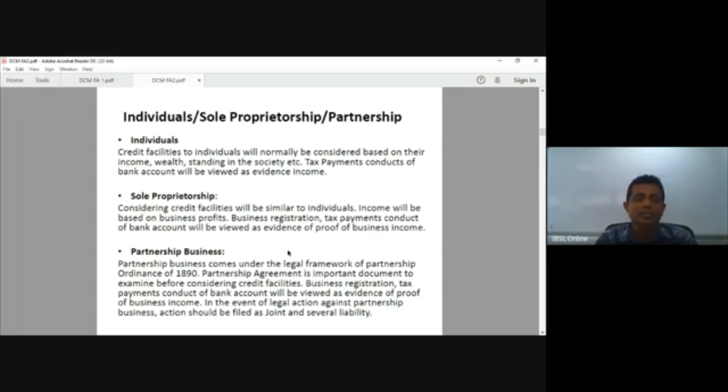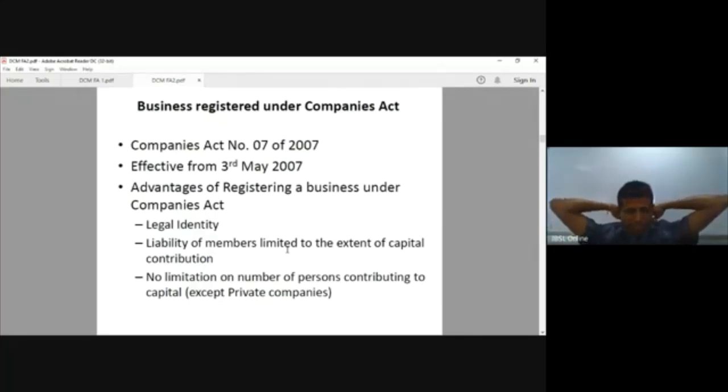Therefore, it is very important that you encourage your clients, the people who come to you to take loans, to have a better accounting mechanism of their own. Encourage that, not only for taking a loan where you just take a financial statement prepared by somebody else. Don't take that. Encourage them by emphasizing the benefits of having a good accounting environment of their own. Then the final entity is companies.